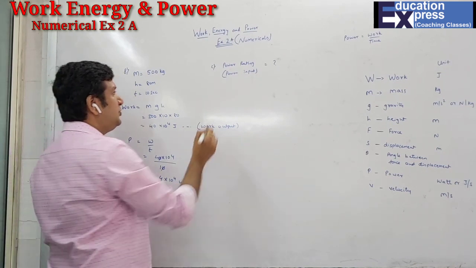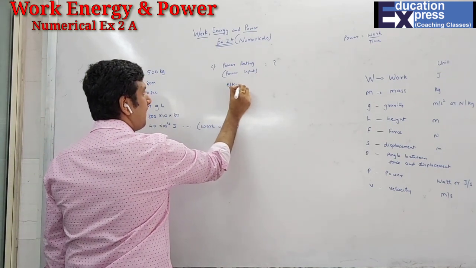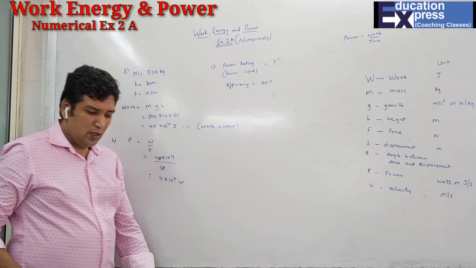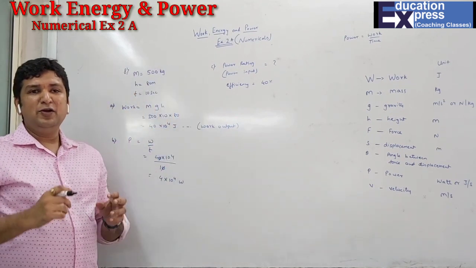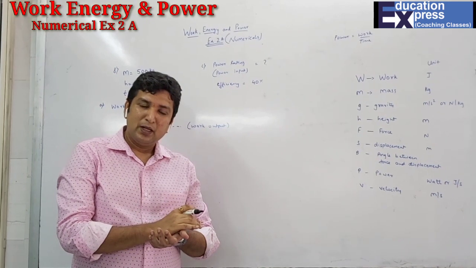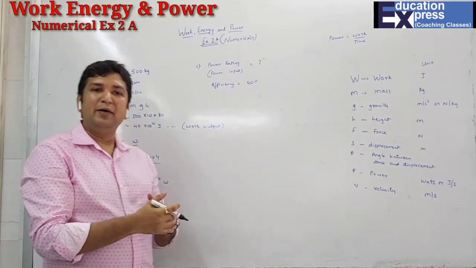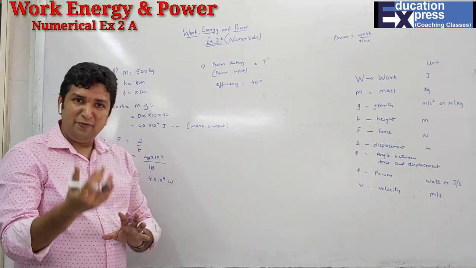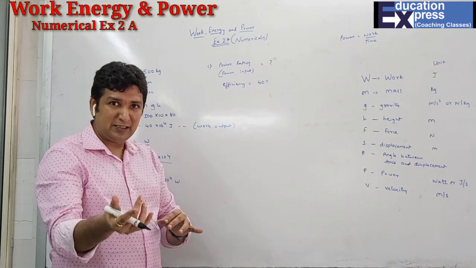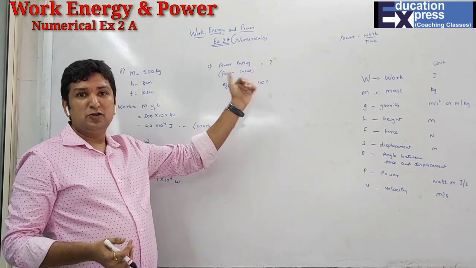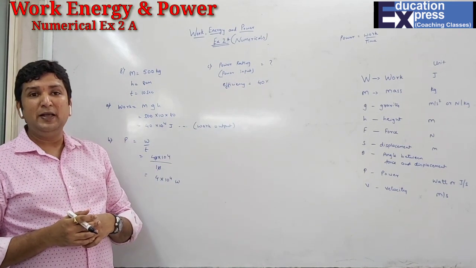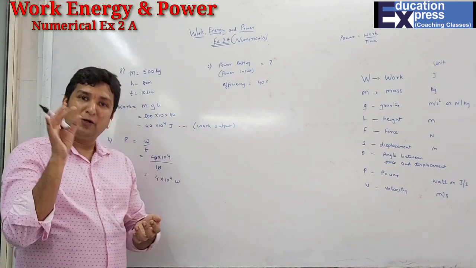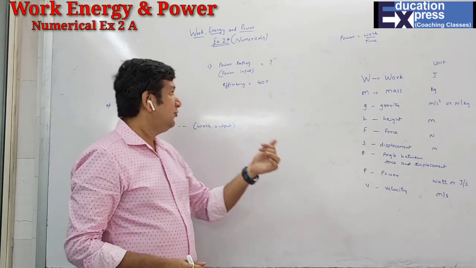of the pump if the efficiency is 40%. Now students, understand over here. I have just explained that whenever you buy a machine, there is some power rated on it. Now the power rated is said to be power input. Will you get the same power as output? Yes, if the efficiency is 100%. But in case the efficiency is not 100%, then definitely the power what you will get will be a little less than the power rating on it. So here they have mentioned that efficiency is only 40%. That means whatever the rating was, whatever the input was, only 40% of it we have as power output, which you have to find.